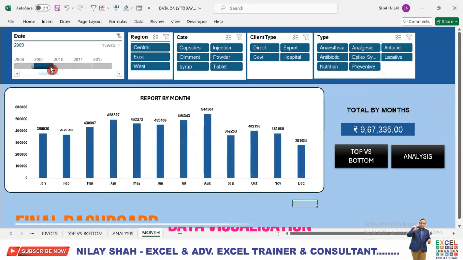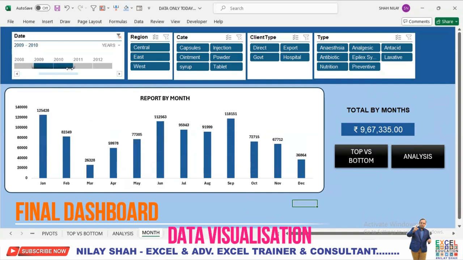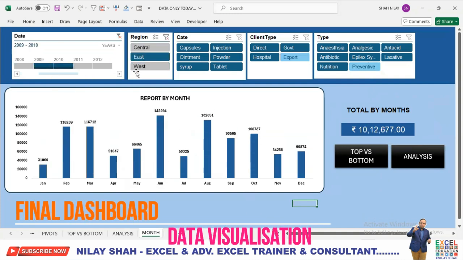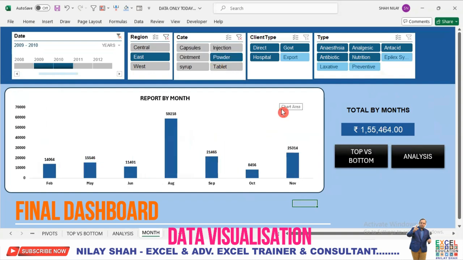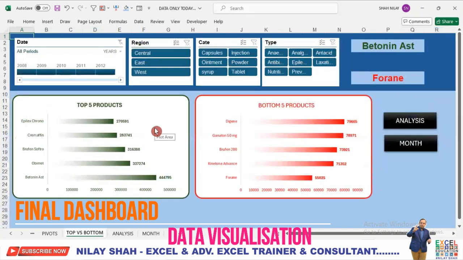For example 2009, 9 and 10, 10 for east with powder. So this is the data. Now someone asked me, Nilesh, can we show the outcome of top versus bottom? यदि आप ऑब्जर्व करेंगे तो फिंगर आ जाएगा, क्लिक ऑन टॉप वर्सेस बॉटम, यू आर इनटू टॉप वर्सेस बॉटम। भले ही वहां पे चेंजेस किया है, यहाँ पे चेंजेस नहीं होगा। वाई चेंजेस नहीं हो रहा है, बिकॉज आपका कनेक्टिविटी डिफरेंट है।